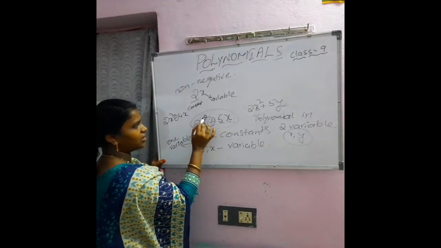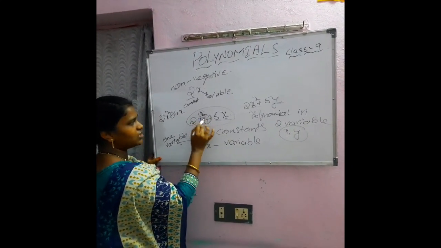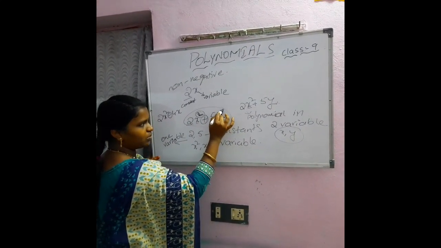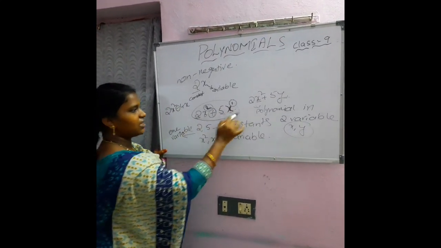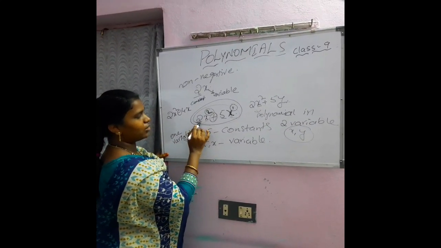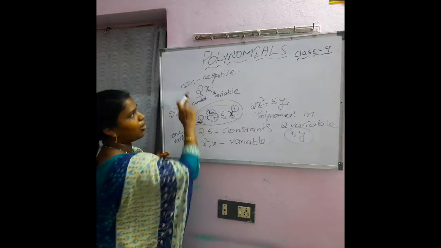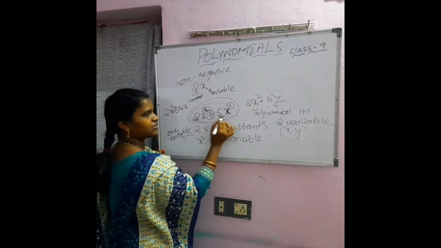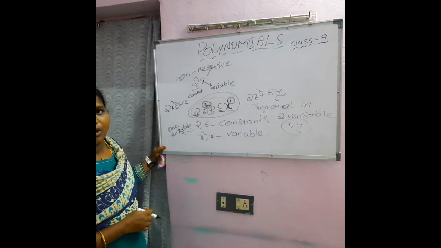If you observe here, the degree of the polynomial, that means the power, is 2. It is a whole number, and if nothing is written on the power, it should be considered as 1. So it is a whole number, and this is a polynomial. By the definition, it is a combination of algebraic expressions with some binary operations and non-negative integral power. So 2 is constant, 5 is constant, x is variable, and the degree of the polynomial is a whole number. So it is a polynomial.